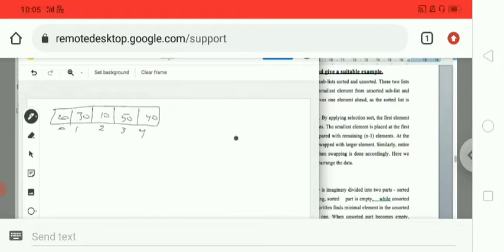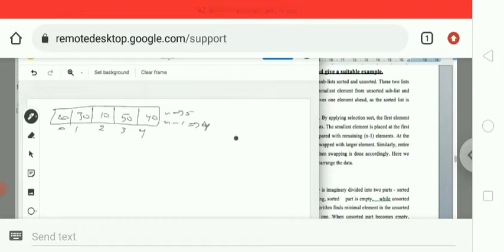So here we have to do n-1 iterations. Here n is 5 because I took 5 elements, and we have to do n-1, that is 4 iterations. It is also called passes. Now we have to find the smallest element.